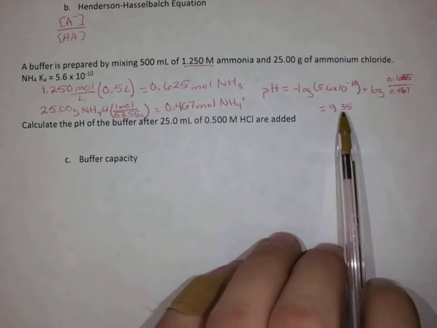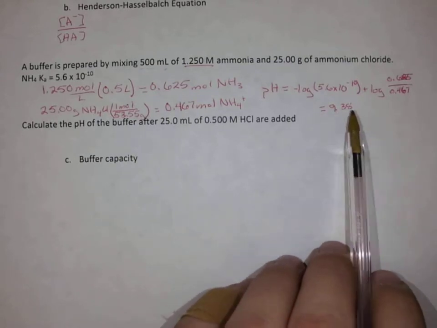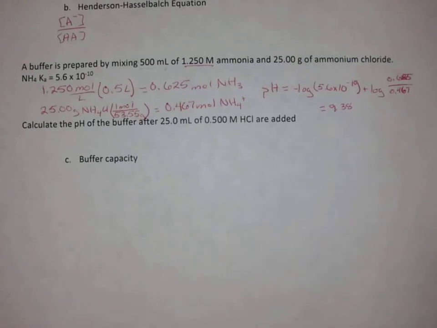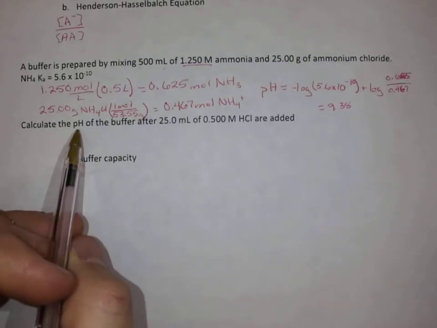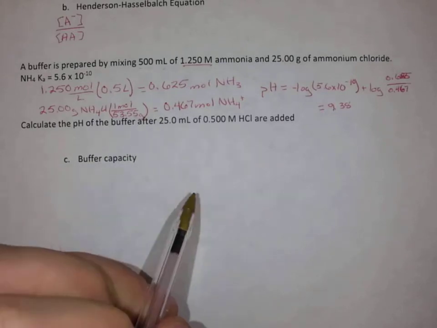I did do this correctly. I was making sure that I hadn't done something wrong. But we end up, right, we plug in our numbers, we get a pH of 9.38. So now we're asked to calculate the pH of a buffer after 25 milliliters of 0.5 molar HCl are